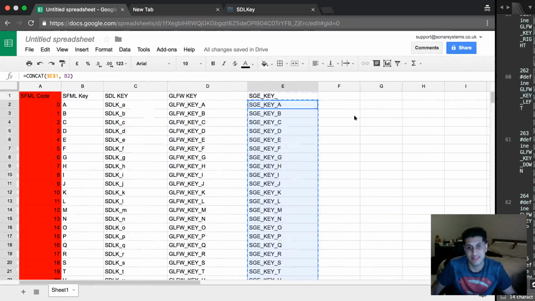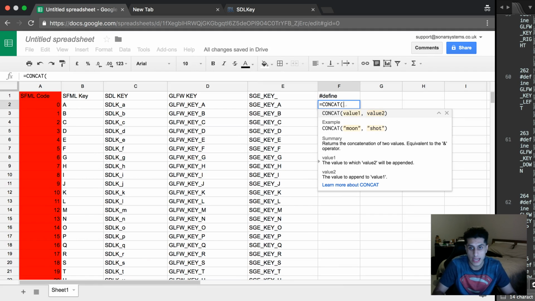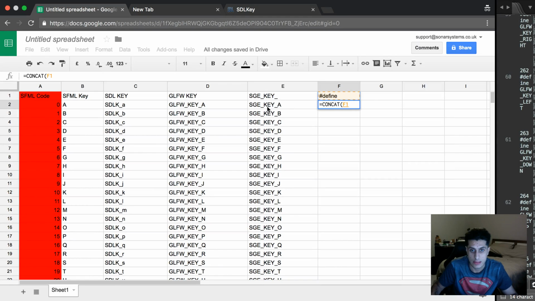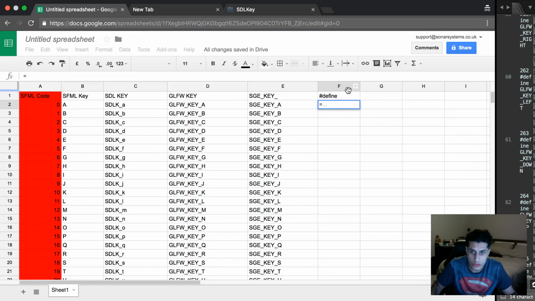I was going to do this here, so I'm going to do hash define equals concat. Can I do more than one value? We'll find out. Equivalent to the AND operator. Okay, so I could just do equals this